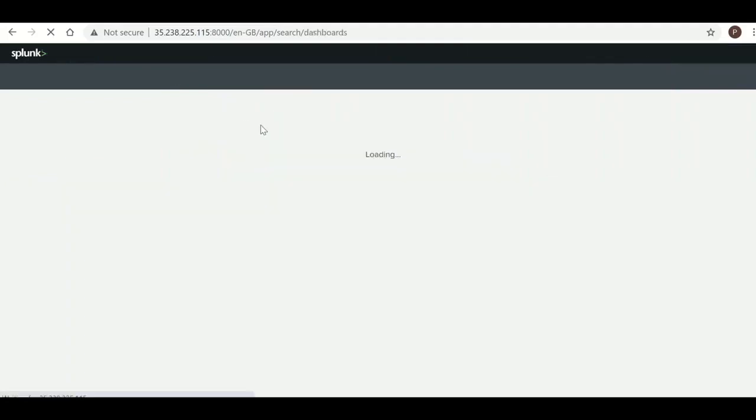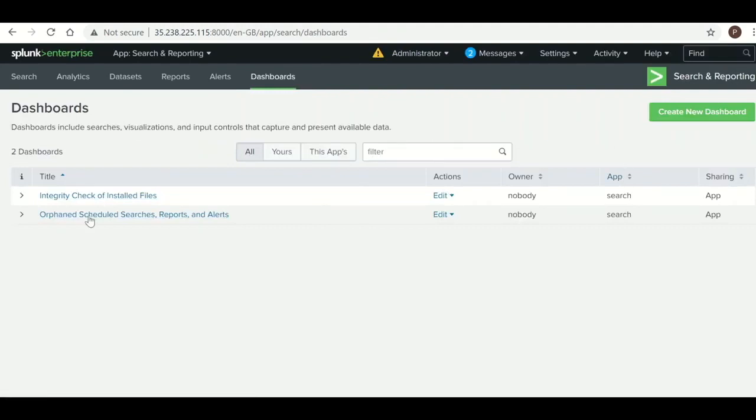The next one is the dashboard. Whatever dashboards there are with respect to this application, you can see them over here. Same as I mentioned earlier, similarly for other applications you can see these kinds of tabs. Not all tabs, but a similar kind of tab you can see over there. So I think most of the things